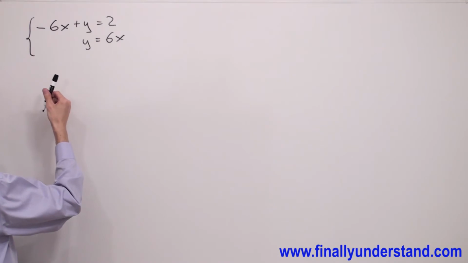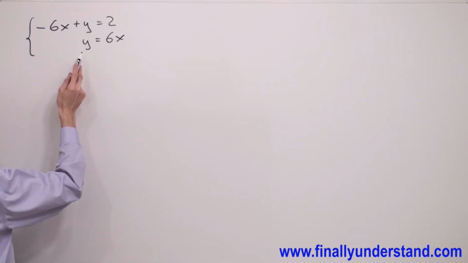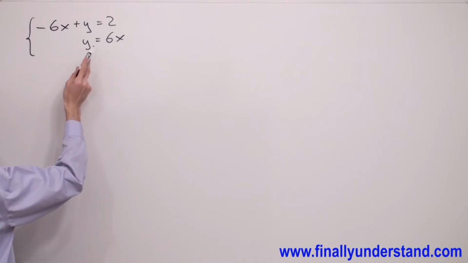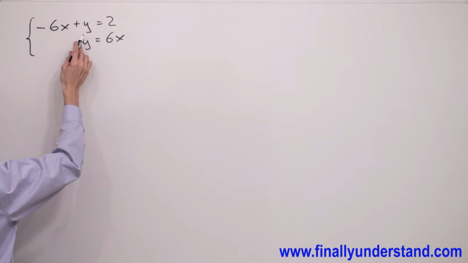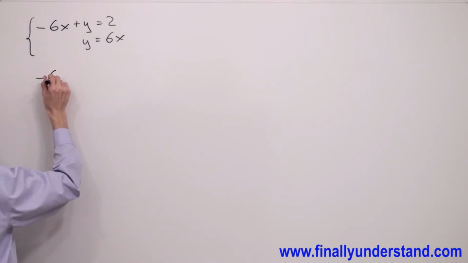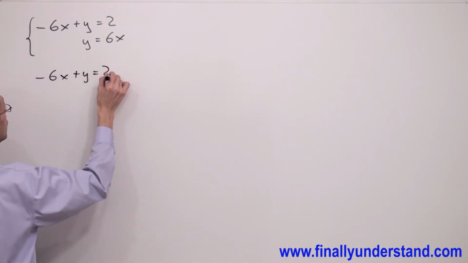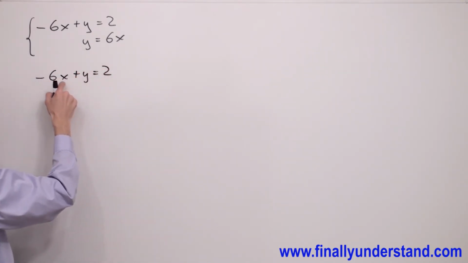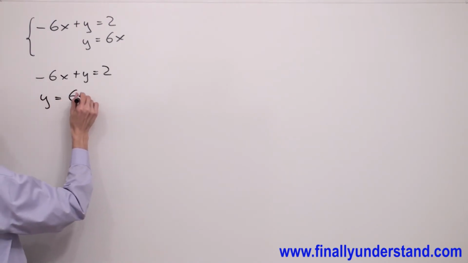In order to draw them, we're supposed to solve the first equation for y and the second equation for y. But the second equation is already solved for y, so we have to just solve the first equation for y. So I'm going to copy this down. If minus 6x plus y is equal to 2, I'm going to move negative 6x to the right side and I'm going to have y is equal to 6x